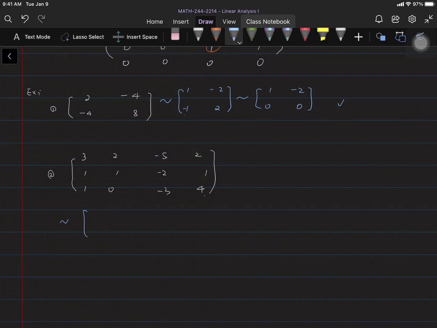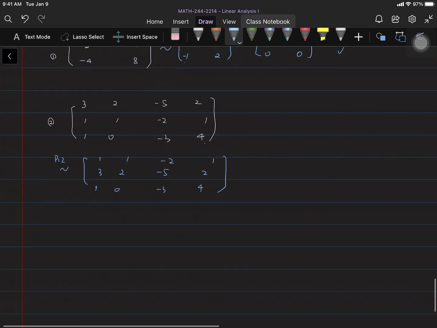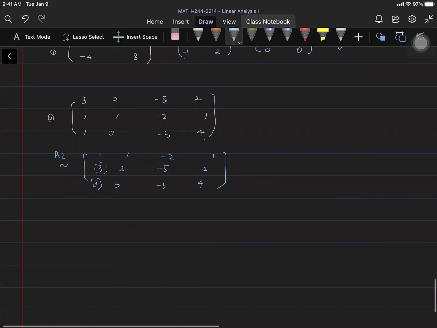Second one, I need the leading 1 in the first row, so I interchange row 1, row 2. So 1, 1, -2, 1, 3, 2, -5, 2, and 1, 0, -3, 4. I just interchange row 1, row 2. And next, I need to make those into zeros, so I use row 1 times -3 added to row 2, and row 1 times -1 added to row 3. 1, 1, -2, 1, 0 times -3 added to -1, then 6, 6 and 1, -3, -1. So 1 times -1 added there 0, 1 times -1, -1, 2 times -1, +2, 1 times -1, and 4,